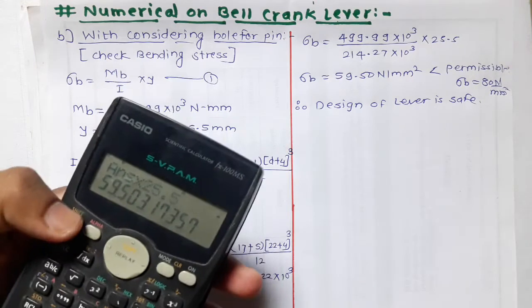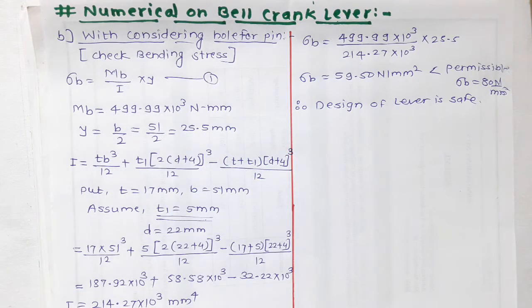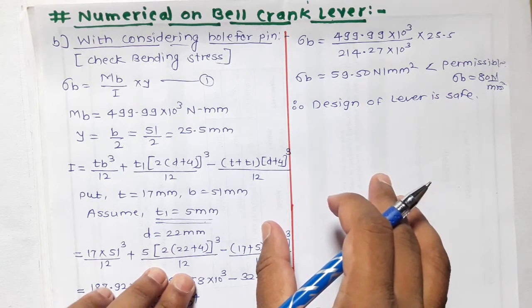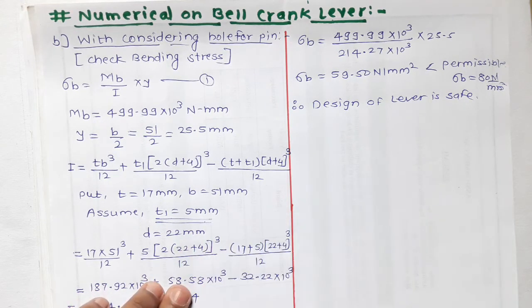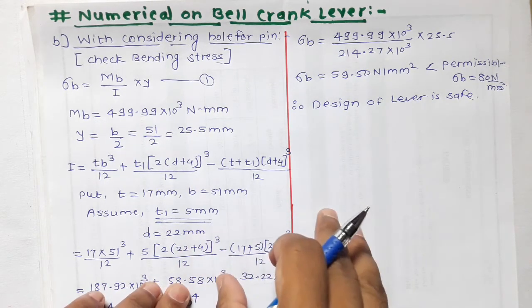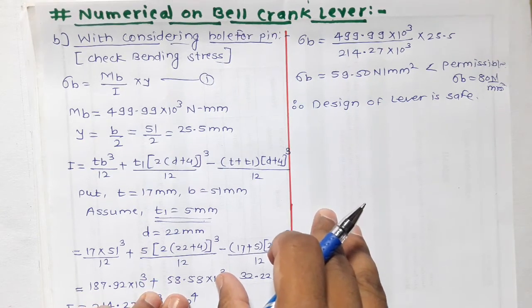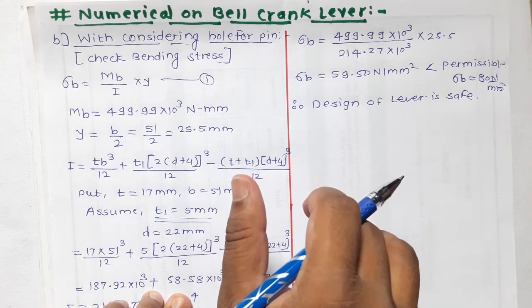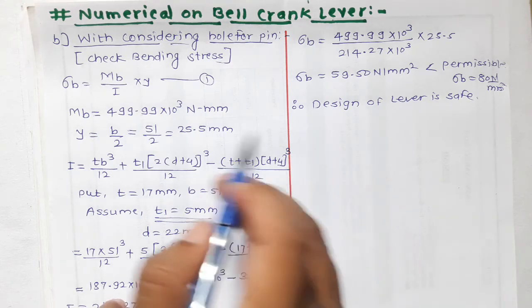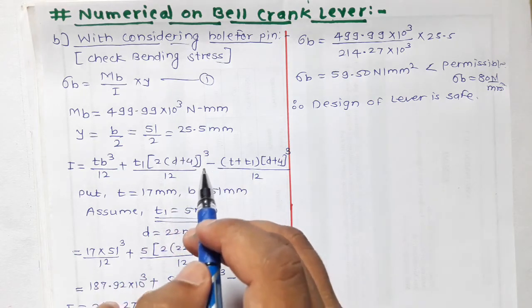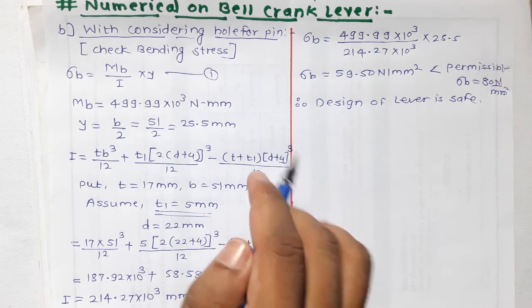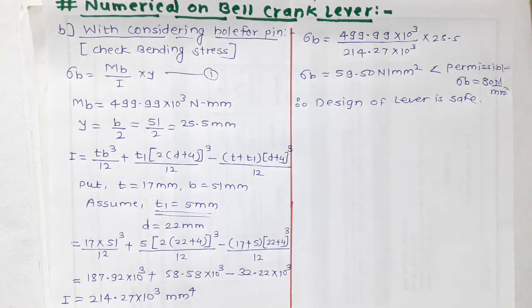So with this calculation of induced bending stress and comparing it with the permissible bending stress, our design of lever is completed. So we have seen that there are 3 sub steps. In the first step we have calculated the unknown value of P, W and R. In the second step we have calculated the diameter of pin based on 3 criteria, and in step number 3 we have calculated first the width and thickness of lever arm cross section, and in the second sub step we have checked the bending stress in the modified cross section of lever.